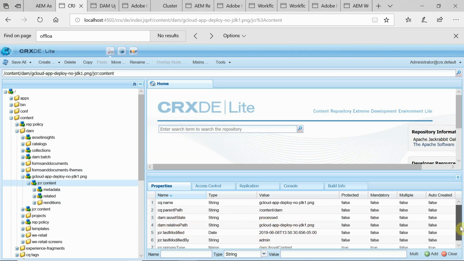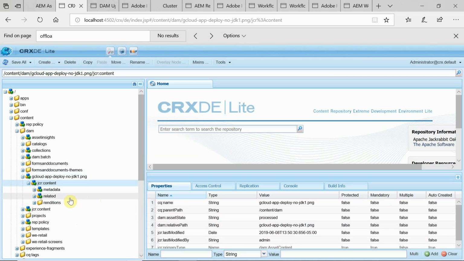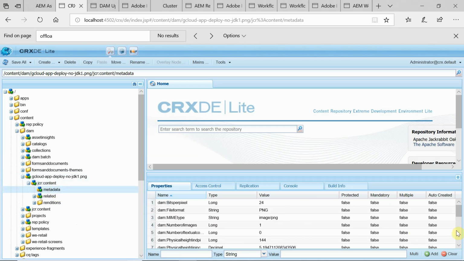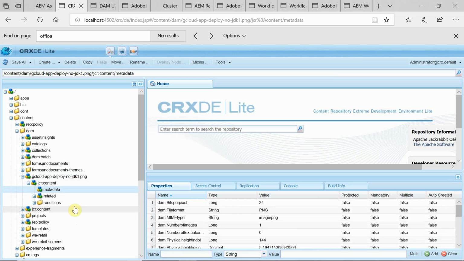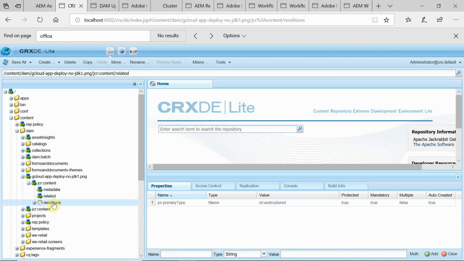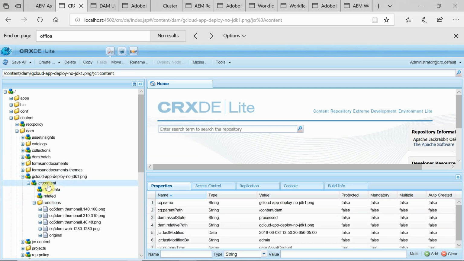Then you can see the remaining things like admin, metadata, all those details. Now the renditions and all those things you can see here. So it concludes the asset is processed and the processing was performed in the worker instance.